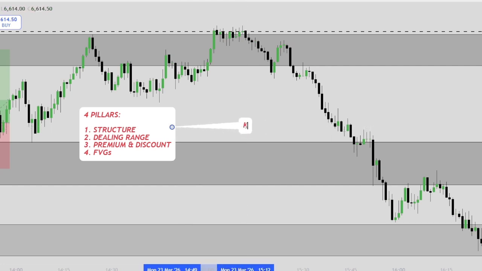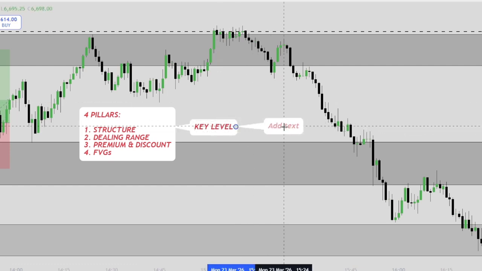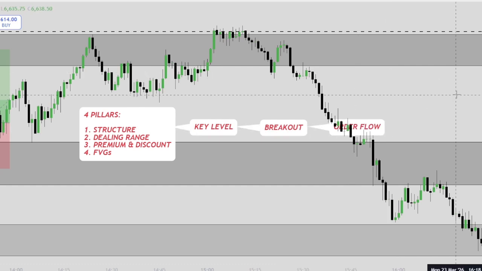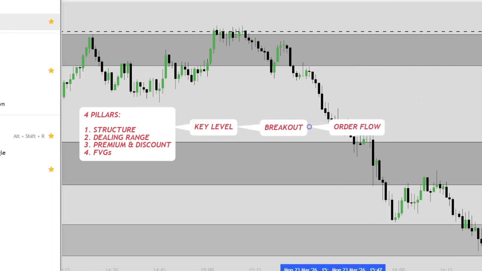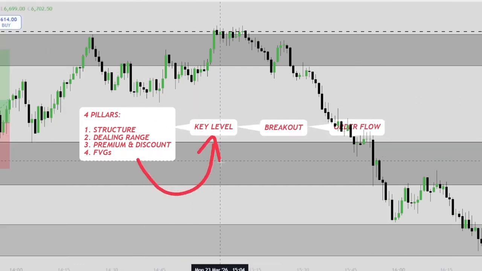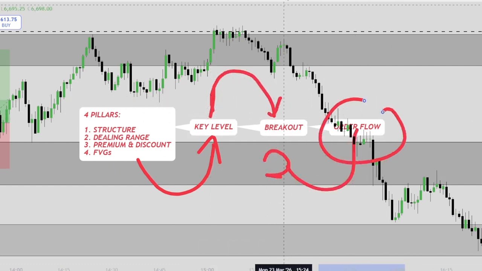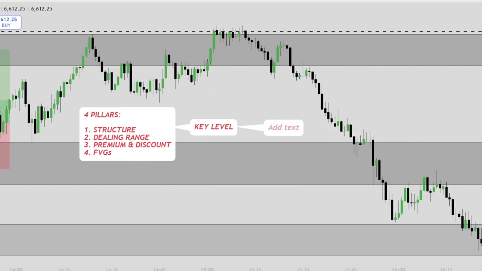And this is where order flow is so important. The whole purpose of this video is to show you how shockingly simple it is to use order flow. But in order for you to use order flow correctly, you need to understand where your key levels are. Once you understand your key levels, you then look for a breakout. And when you look for a breakout, you then use the order flow. So this is the simple step-by-step process that every trade needs to go through. We are starting with the 4 pillars. We're then finding our key levels. We're then looking for a breakout, and then we're looking at order flow. That is the basic step-by-step framework that I'm going to take every